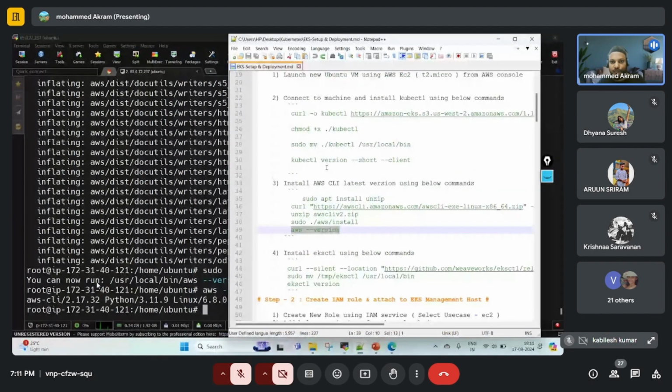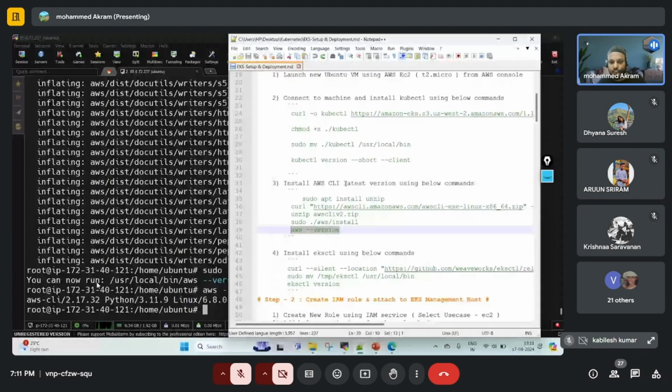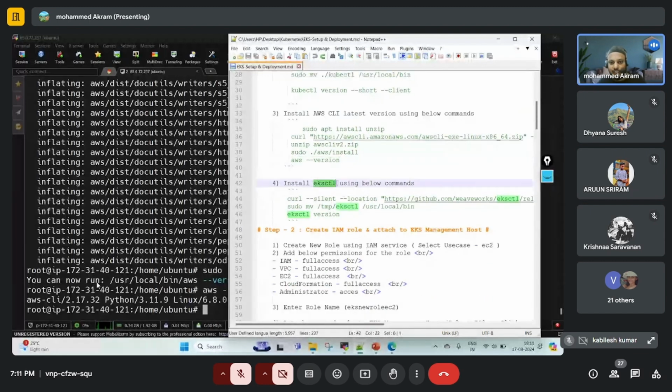We have created the EC2 instance, installed kubectl, and installed AWS CLI. The second thing is that we require an EKS cluster. In order to create an EKS cluster, we should install eksctl. Only after installing eksctl can this EC2 instance communicate with your EKS cluster, which is basically a